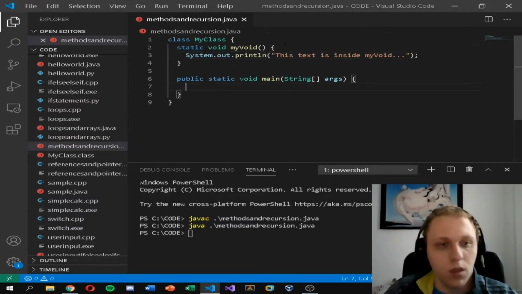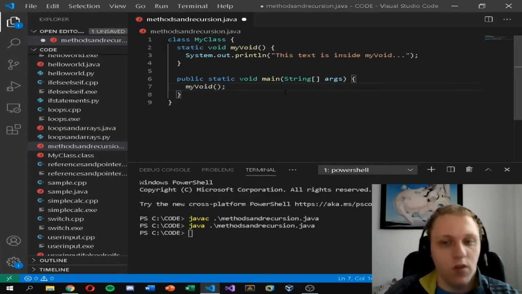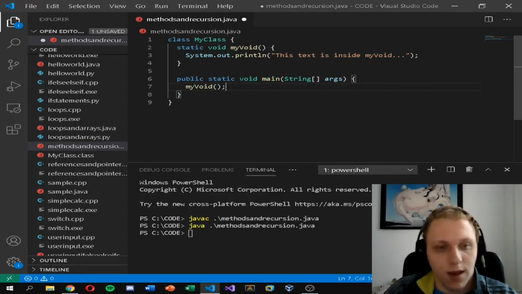So you want to print it out. What you do is you move back into your main function, into the main section of the code, which is public static void main with this parameter here. You just call the function myVoid. So what you type in is myVoid, and these regular brackets, the open bracket, closed bracket, and then the semicolon. Now if we decide to compile it,